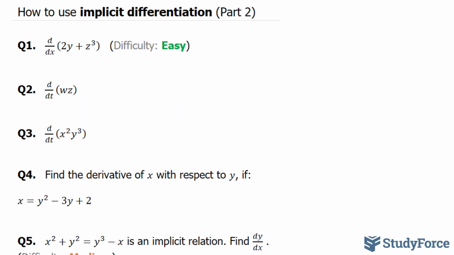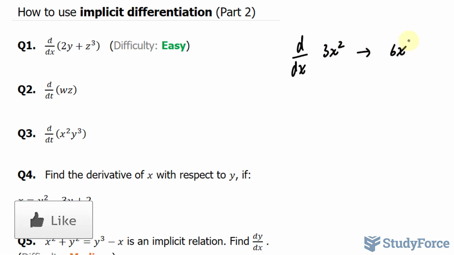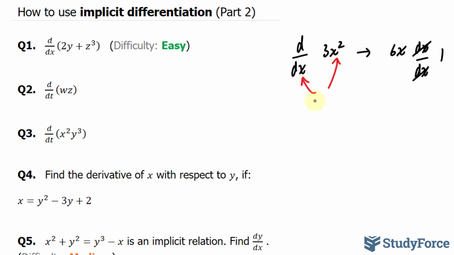In this lesson, I'll show you 5 examples on how to find the derivatives of implicit relations. Normally when we find the derivative of an expression, let's say we have d over dx for the expression 3x squared, we find the derivative using the rules we've learned, and the derivative of 3x squared will be 6x. But what we don't normally write after is the expression dx over dx, because dx over dx becomes 1. And that's always the case when you are deriving something with respect to the same variable we take the derivative